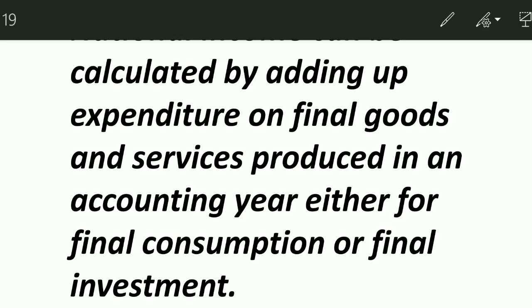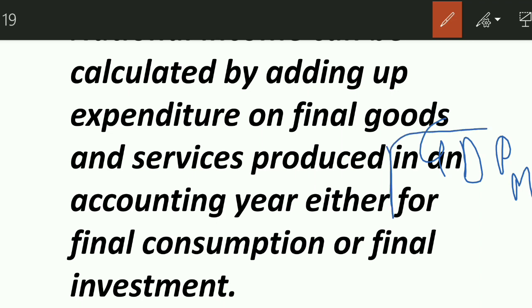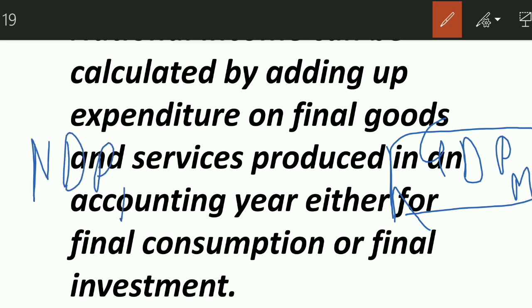If you remember, while calculating national income from the product method, we first found GDP at market price by adding the value added by all the firms together. After that, we reached all the other aggregates that were asked in the question. Similarly, in the income method, we first reached NDP at factor cost by adding compensation of employees, operating surplus, and mixed income of self-employed together. And after that, we reached all the other aggregates that were asked in the question.